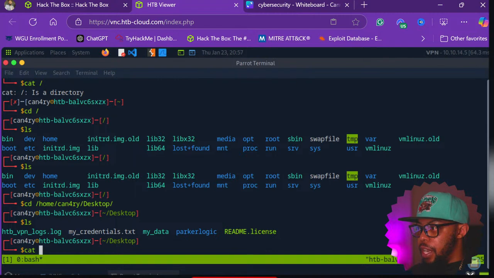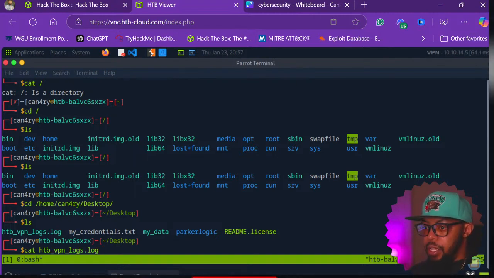Let me see, what else can I cat? Cat, hack the box lab. Okay, so this is what we'll do. Sorry, just excuse all of that. We'll just make it simple. So we'll cat whatever the log file is, and we'll save it to Parker